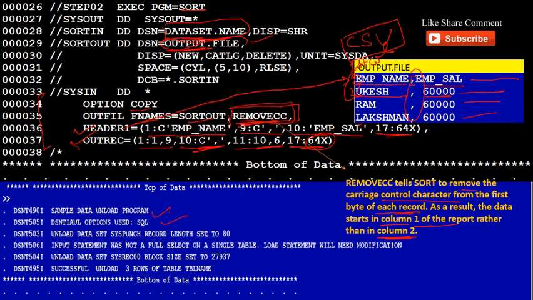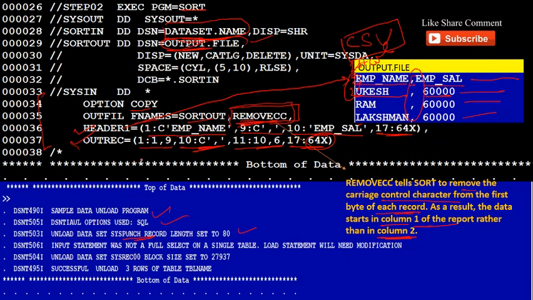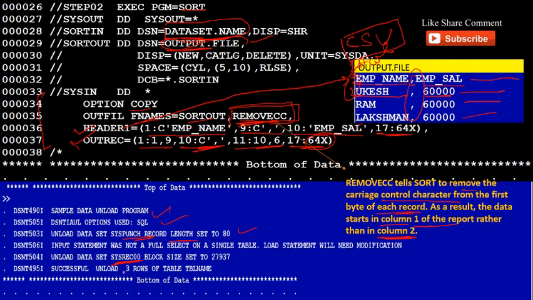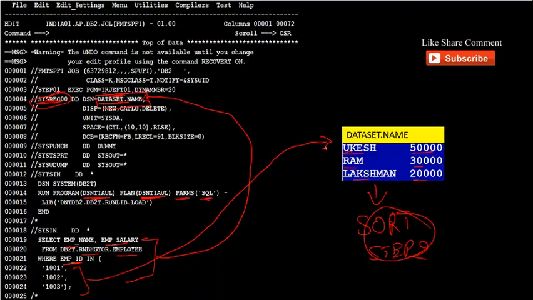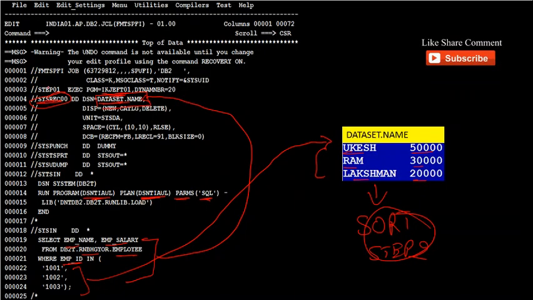And in the spool you will get this kind of information, like an 80 byte SYSPUNCH record length. It will automatically keep it at 80 bytes, and then it will unload the dataset in this SYSREC00, which we have as SYSREC00. And there are three rows, we have three rows only, so it has fetched the dataset. This is the spool of the first step.